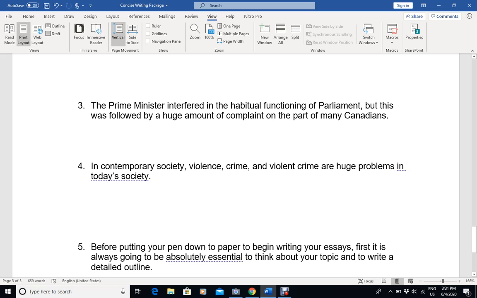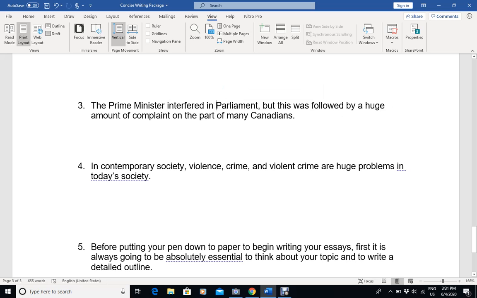And habitual just means the day-to-day, the normal everyday stuff. If we take this out, the reader is going to know what we mean very precisely without this "habitual functioning." So we can just say, "The Prime Minister interfered in Parliament,"